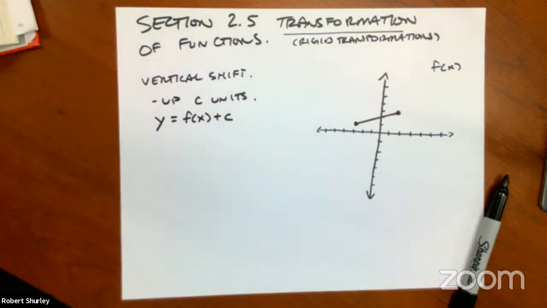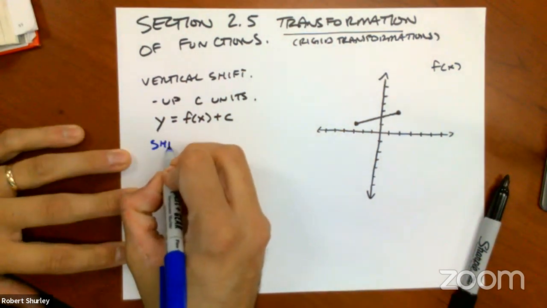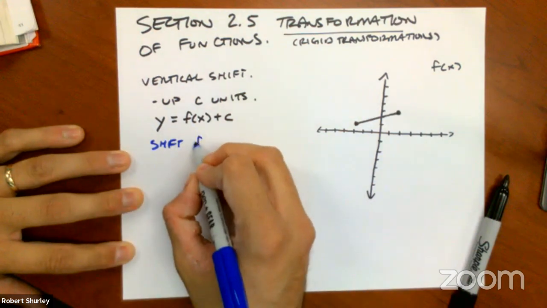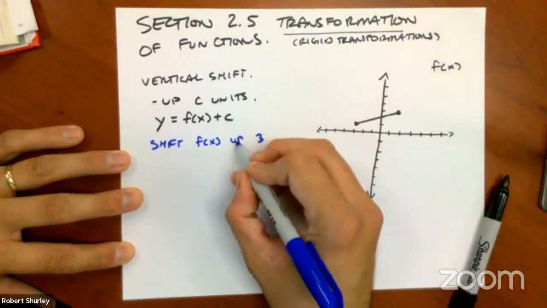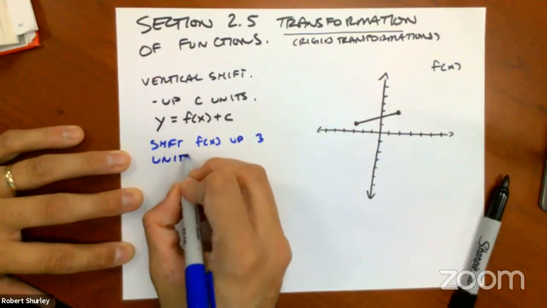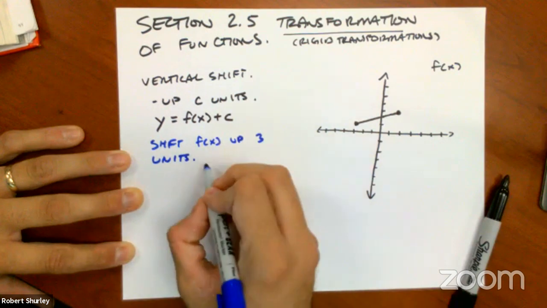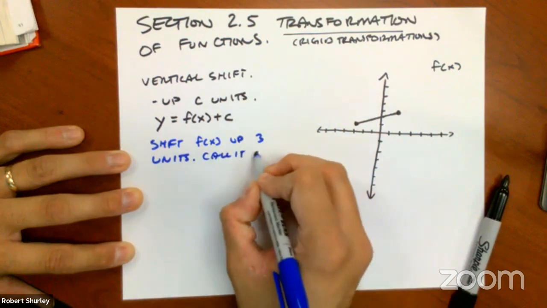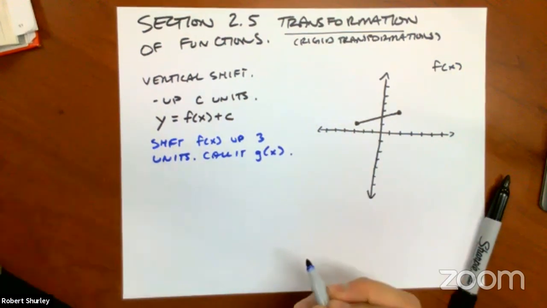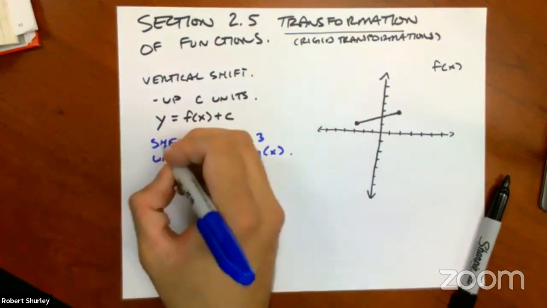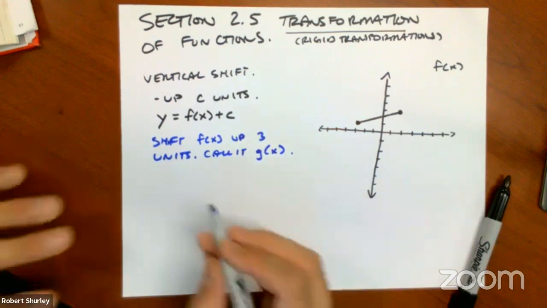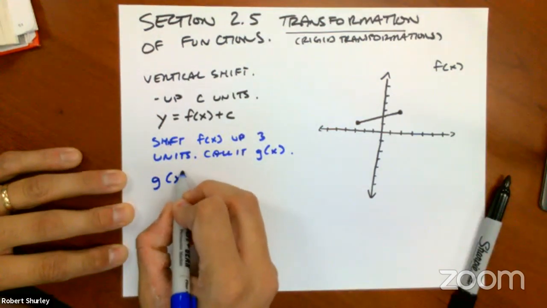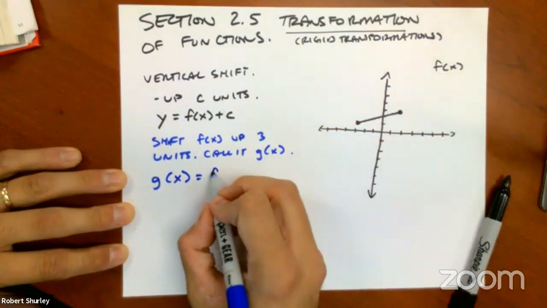Let's use a blue marker, and we're going to call it g of x. We're going to shift f of x up 3 units and call it g of x. So our g of x function is just f of x